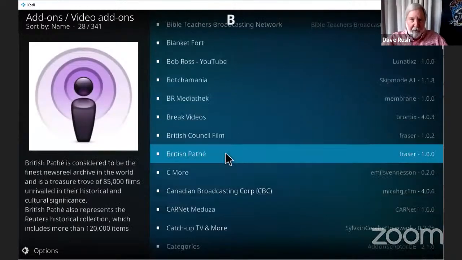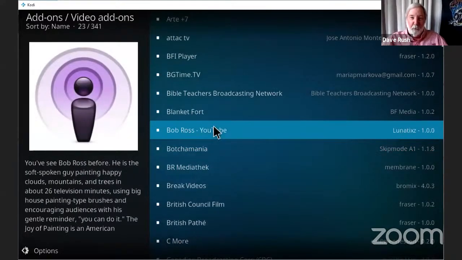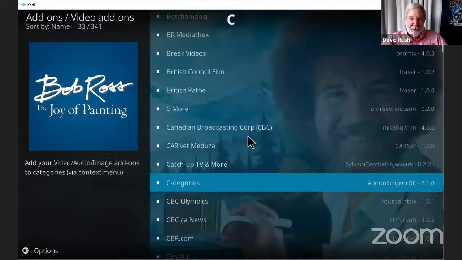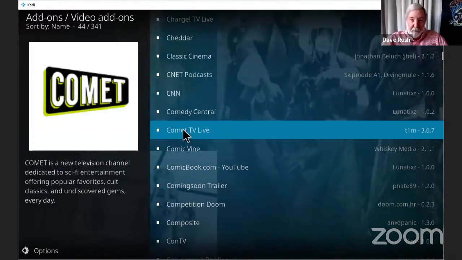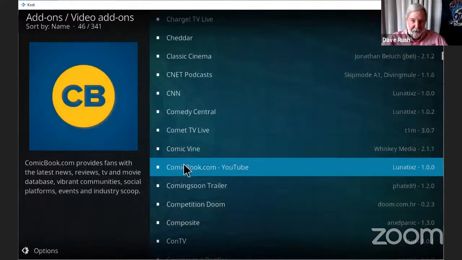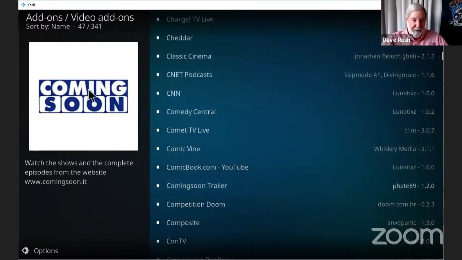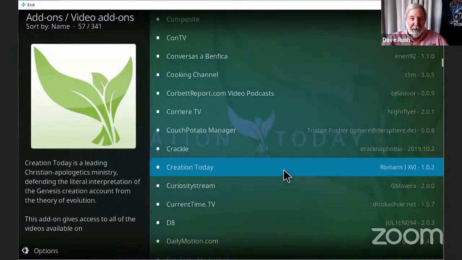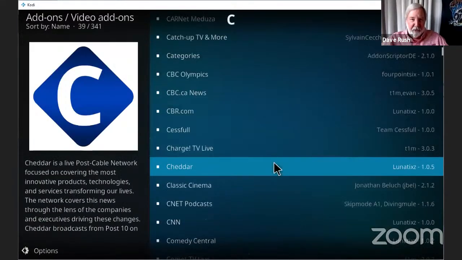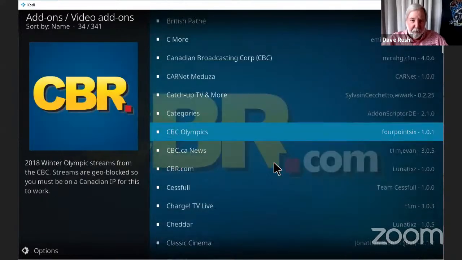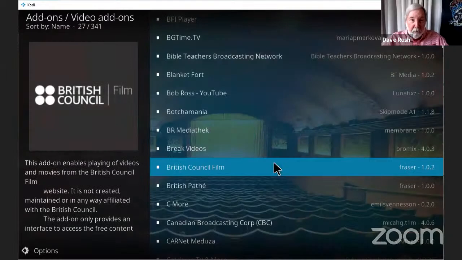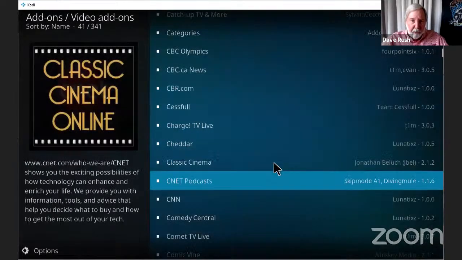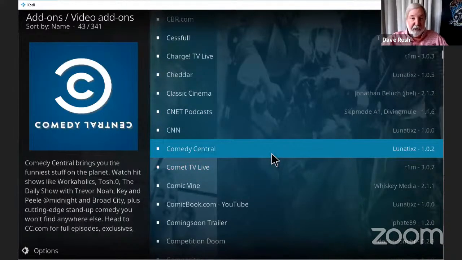So I'm going to pick one. Oh, hey, look at this. We watch the Bob Ross channel sometimes in the evening, and that is just so soothing. And you notice as I highlight over any of these, on the left-hand side, we get a little image and a descriptor. I saw one that rolled by right now. I haven't tested this, but I'm gonna take a chance. By the way, Cheddar is really cool. I like that one. Cheddar, Classic, Comedy Central. By the way, no guarantee that these are gonna work.